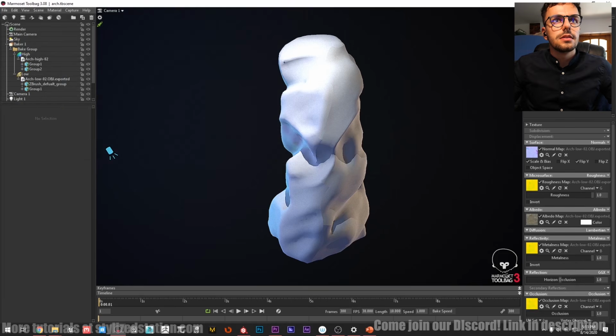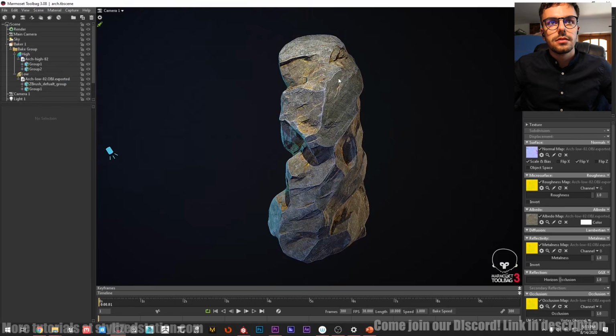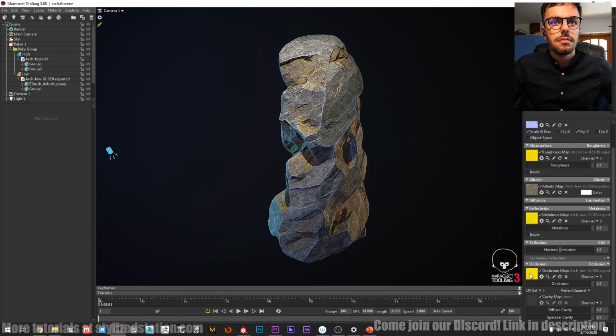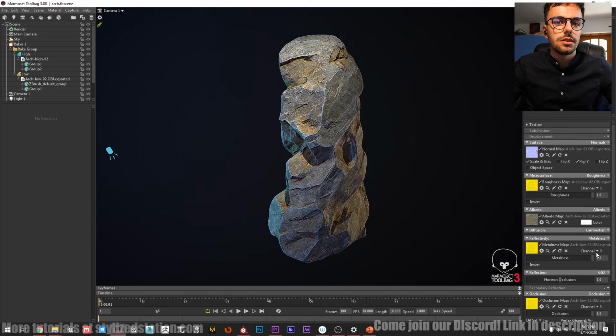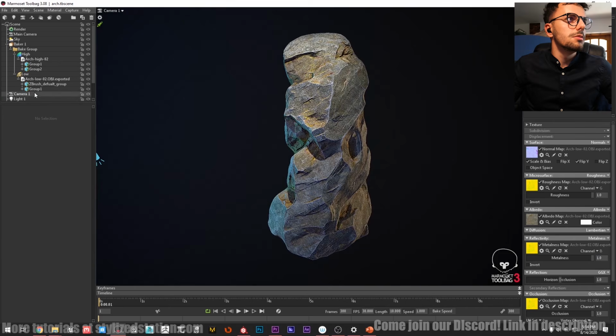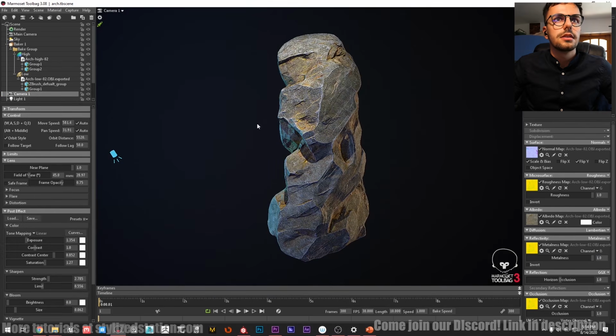So this is the material that I made. I had the normal, and the roughness, metalness, and occlusion will be saved in the same map on different channels. I'll show this to you in Substance. So yeah, this is pretty much a normal set. I bake the textures, and the next step is